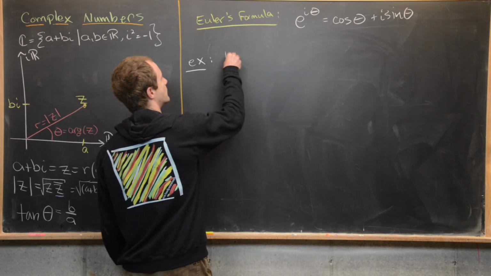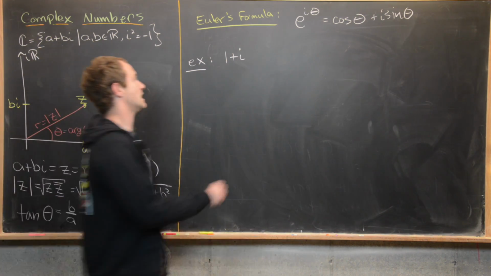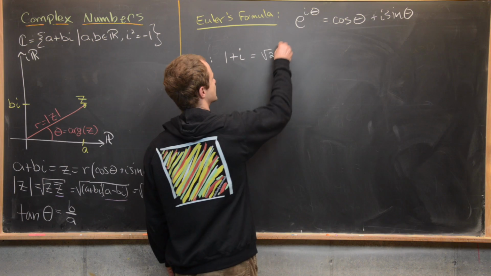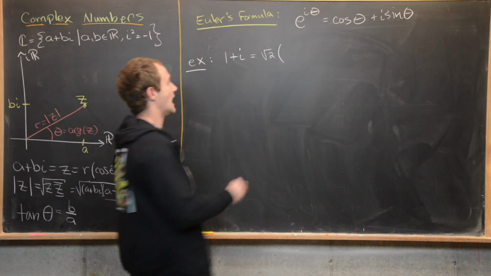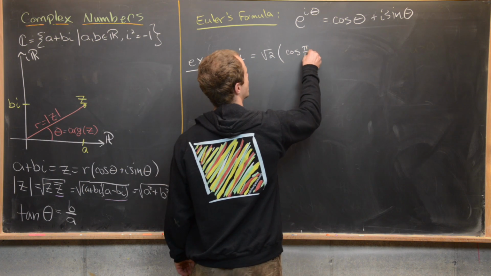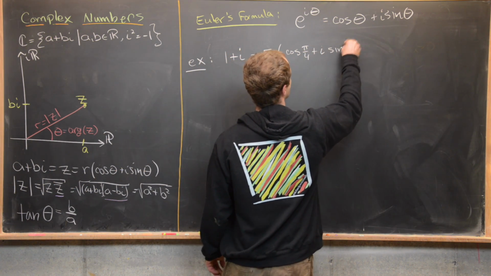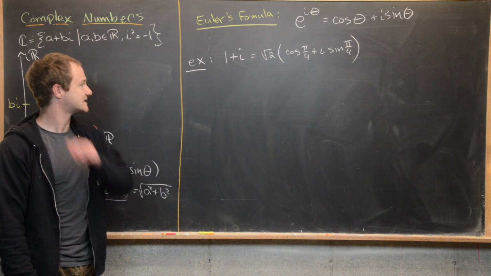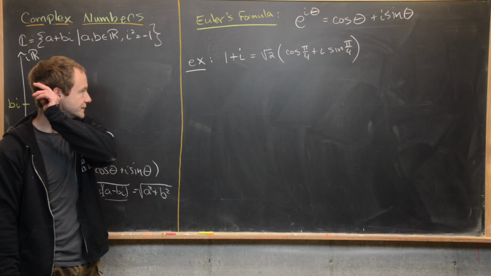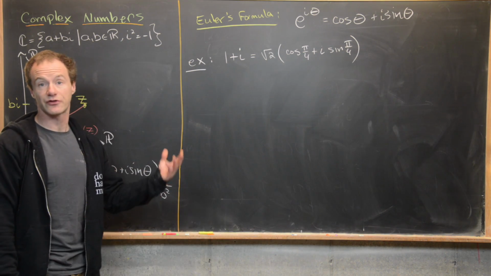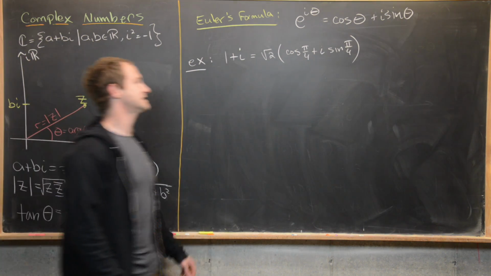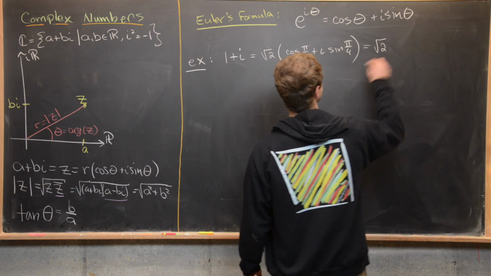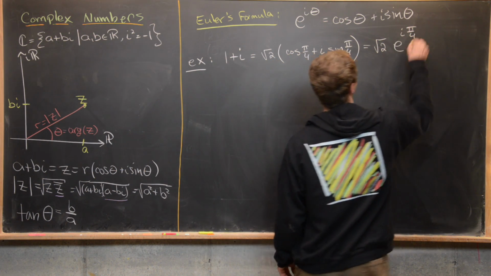Notice if we have 1 plus i, then that's going to be equal to, well, notice the modulus of this is the square root of 2. So we have the square root of 2, and then we have cosine of pi over 4 plus i sine pi over 4. Now notice that cosine of pi over 4 is 1 over root 2, and sine pi over 4 is also 1 over root 2. So if you multiply the root 2 through, that cancels. But this is our bridge to write this in polar form. So now we can write this as square root of 2 times e to the i pi over 4